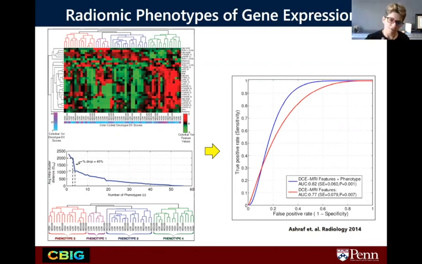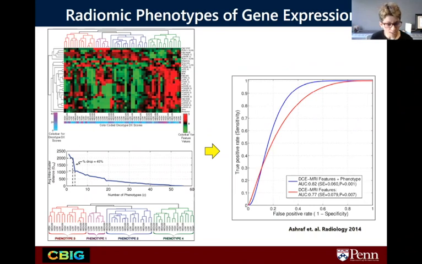So then all these features, each row represents a feature. You can think about it as an expression test, right? So what is the area, the perimeter of the tissue, the tumor, the kinetic features, the standard deviation within the tumor, the mean, the variance, the maximum peak enhancement, the SER, and so forth, all kinds of features. And then we can apply similar algorithms like unsupervised clustering. There's a lot of literature out there on how to do that. One of the popular methods is SigClust and consensus clustering, which basically can tell us where to cut off this heat map and what clusters are there that are statistically significant.